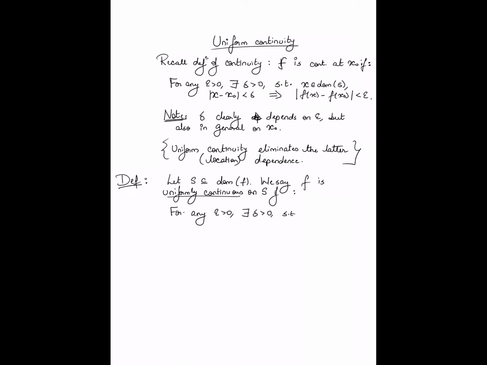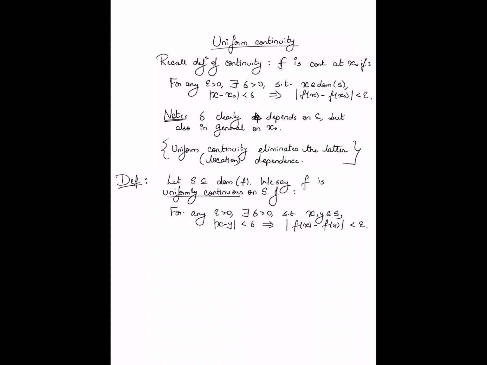So there exists a delta greater than 0 such that x, y belonging to S, with the absolute value of x minus y being less than delta, implies the gap between function values is at most epsilon. Okay, so the important thing to note is that delta doesn't depend on location here. You give me an error threshold between function values epsilon, I will produce a delta such that if you pick any 2 points which are delta distance apart within the set S, well, the function values are guaranteed to be at most epsilon apart. Okay, so that is the definition of uniform continuity.